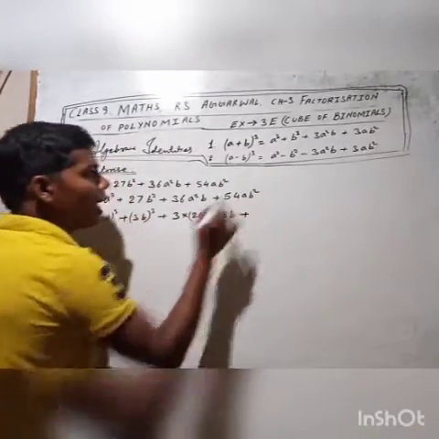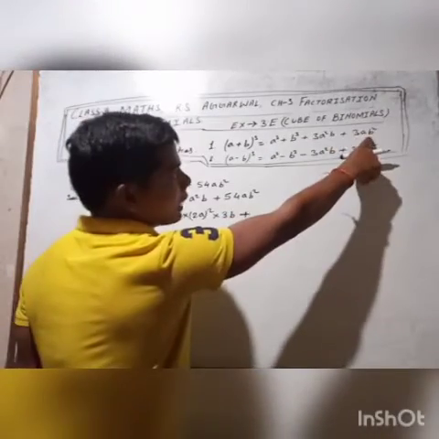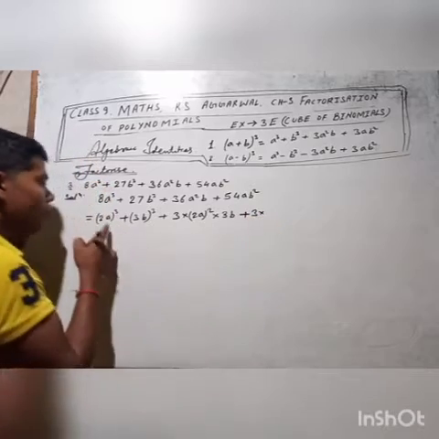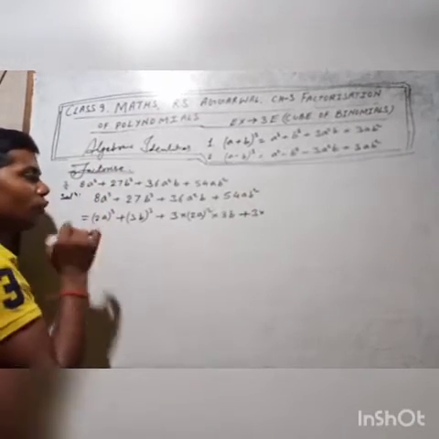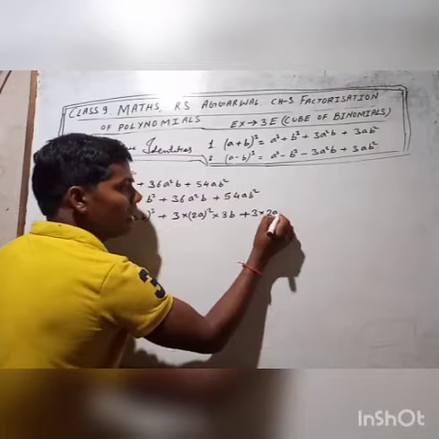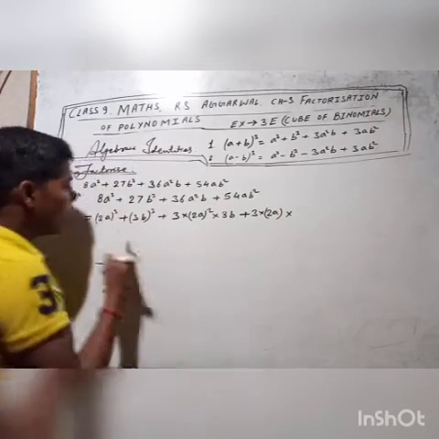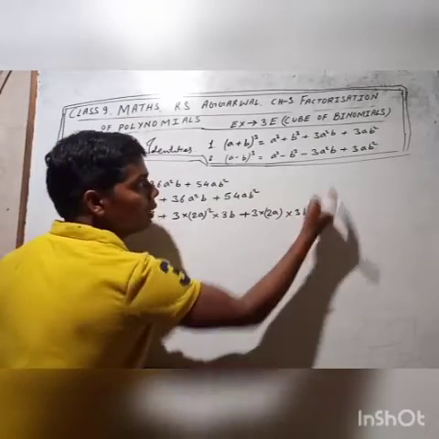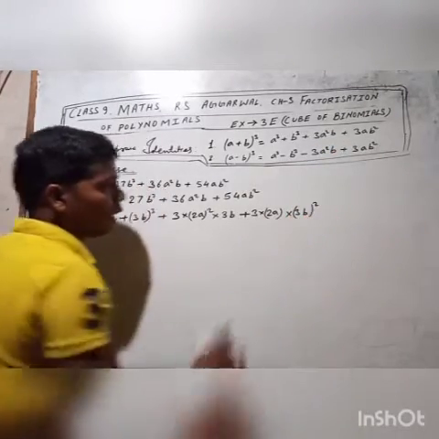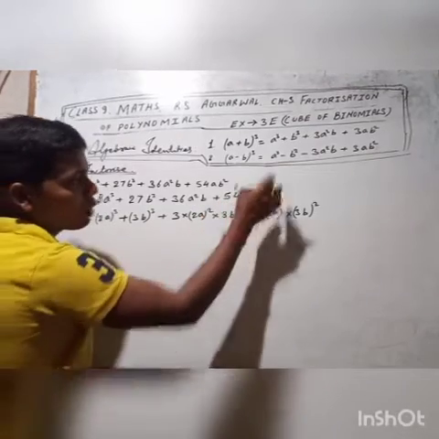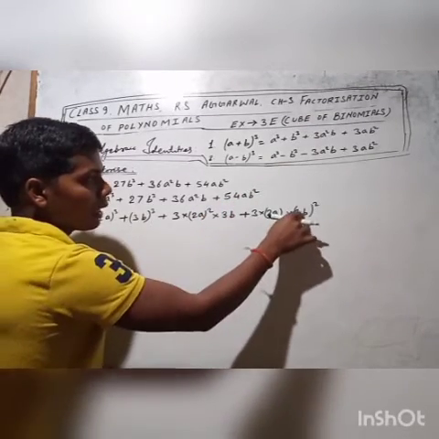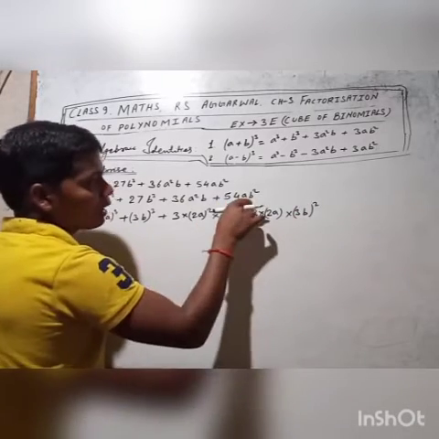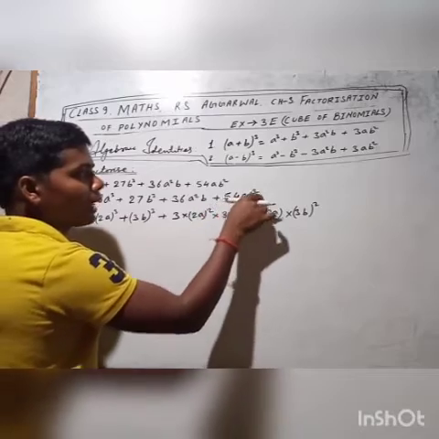So we can now see that it has been arranged in the form of 3a square b automatically. Now the last term is 3ab square. So you just write 3, and in place of a we have 2a, so we shall write 2a, and in place of b we have 3b, so we shall write (3b) square. Now if you simplify, you will get 54ab square. You see, 3 twos are 6 and 6 nines are 54. A will become a and b square will give b square.